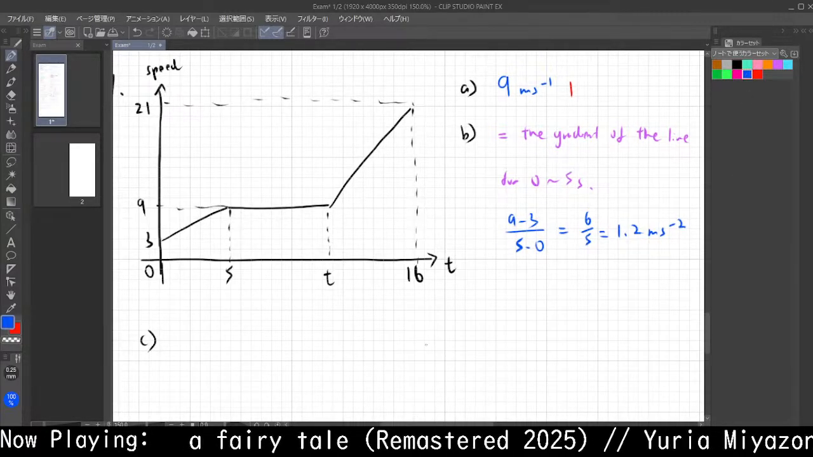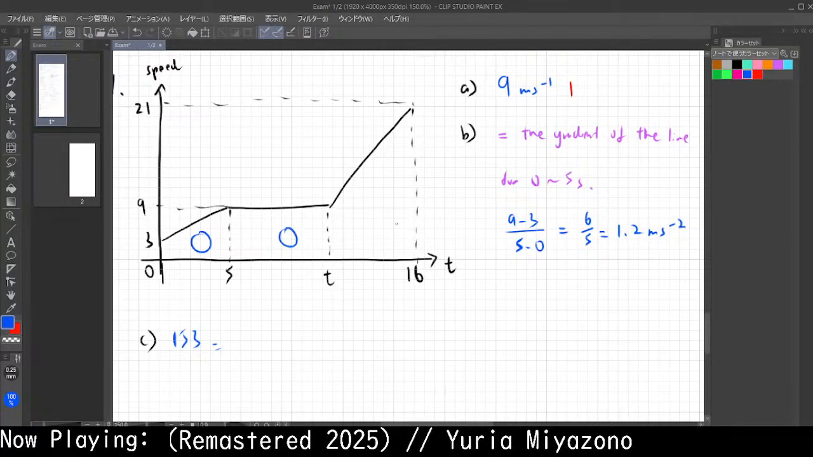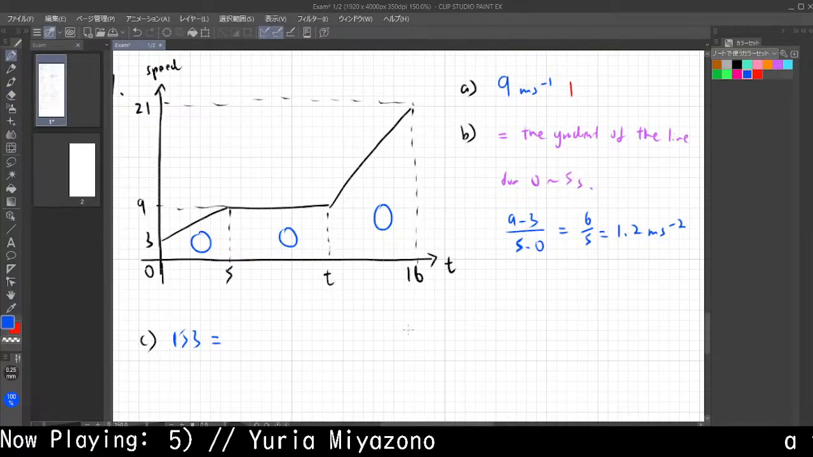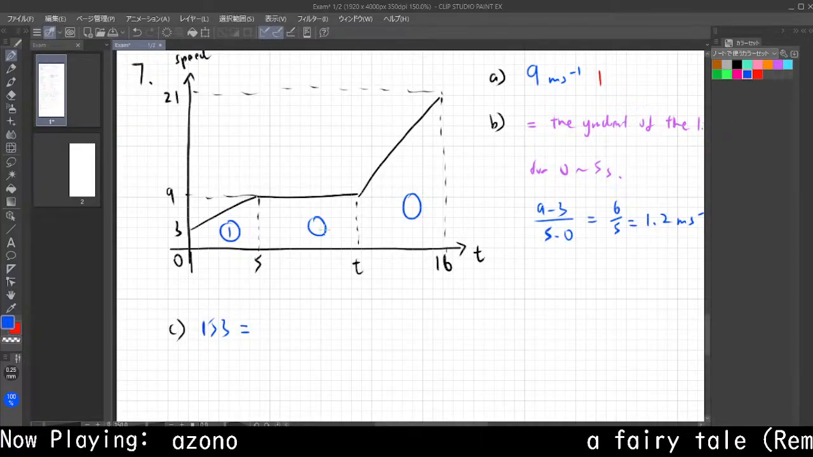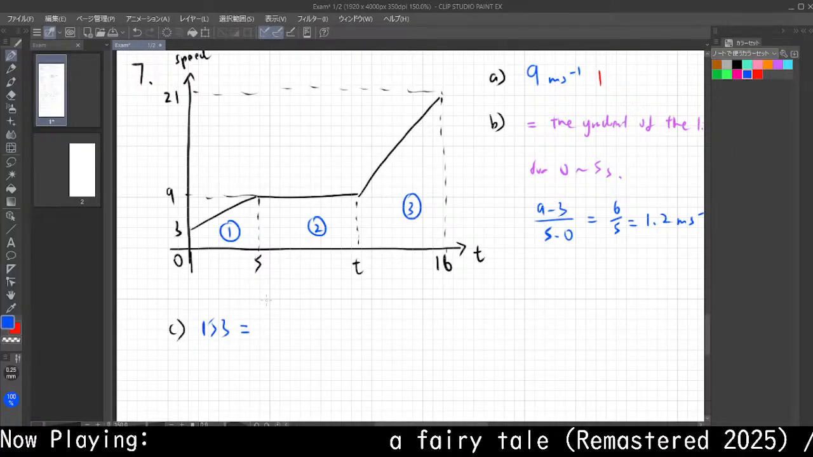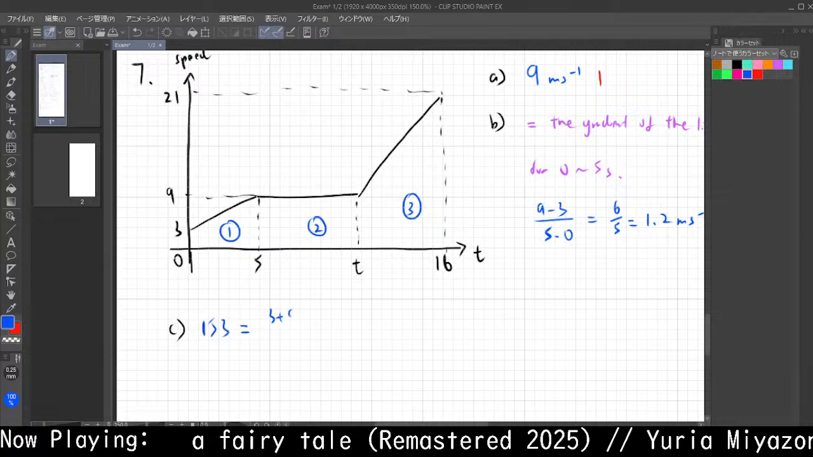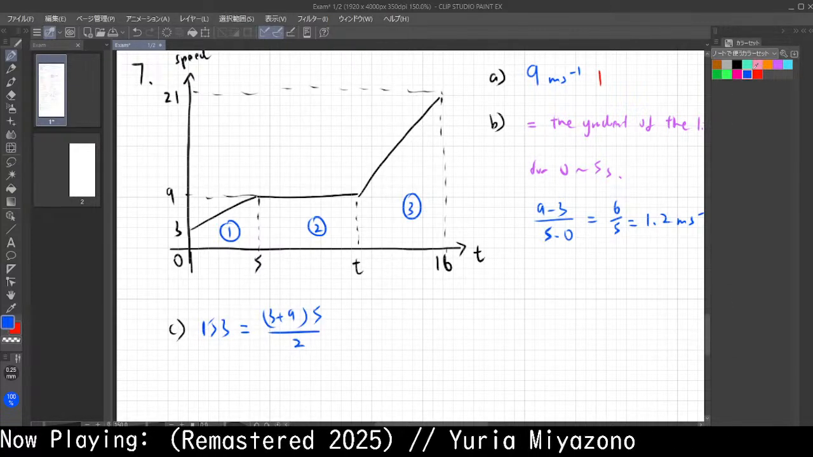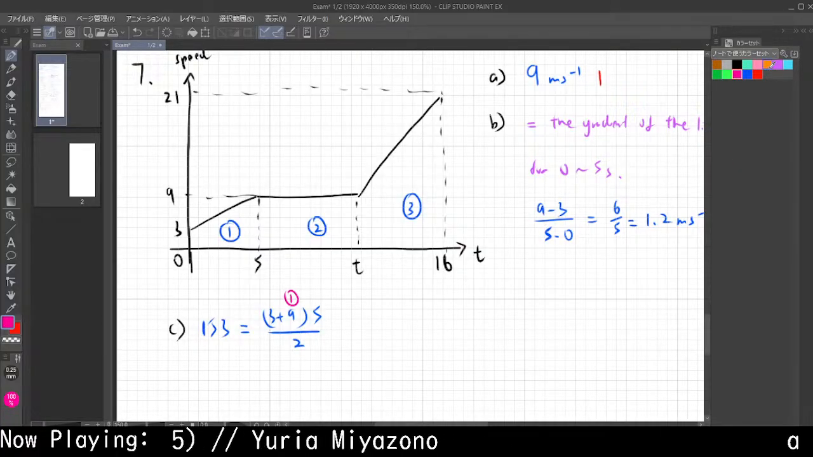So your 153 will be equal to your trapezium plus your square plus your rectangle plus your trapezium. So it's split into 3 parts. Your first part, second part, and third part. Your first part is basically your trapezium. So your parallel sides are 3 and 9 respectively. So you get 3 plus 9. You multiply by your height, which is 5, then divide by 2. So this is 1. Then